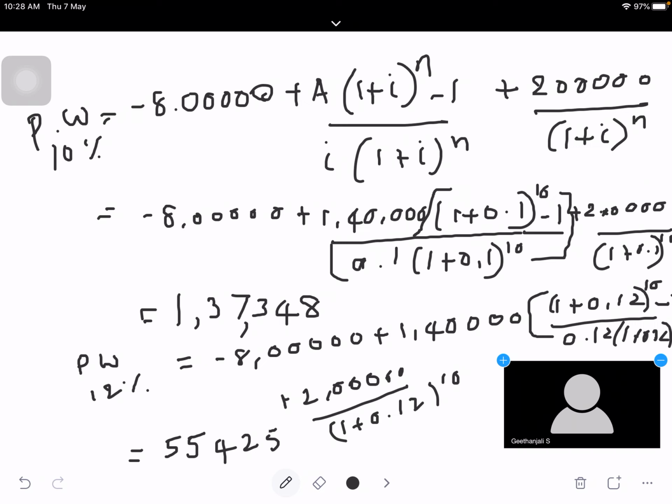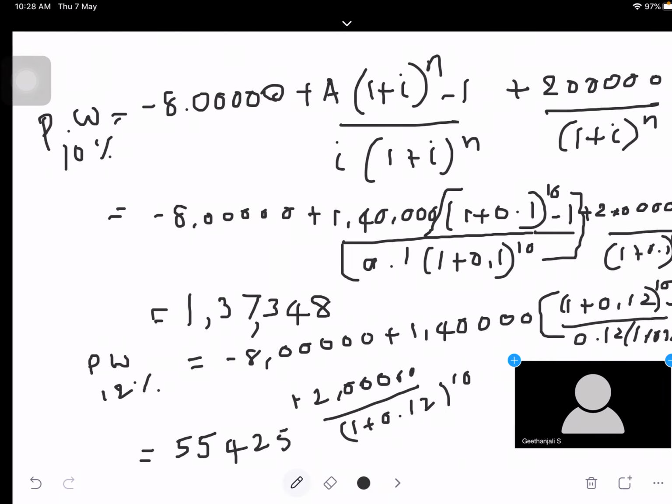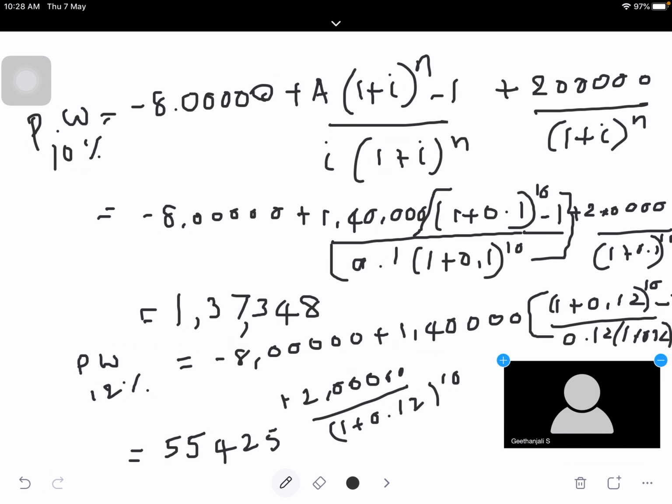If the present worth is calculated for 12% with the same investment cost, and the return value taken as well, with 12% as the interest rate, we will get the present worth of the equipment as